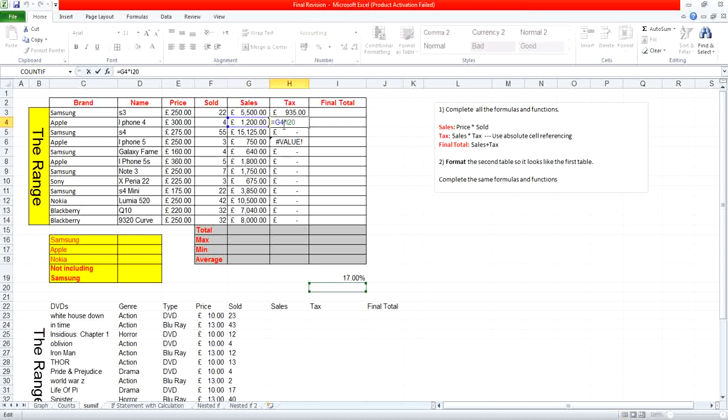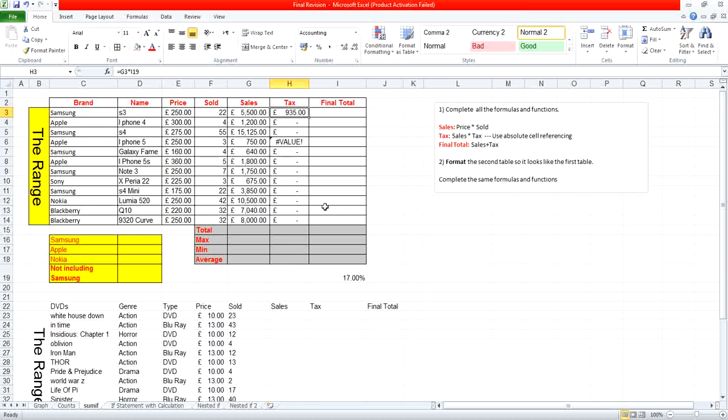When we calculated taxes, we multiplied the sales by 17%, but in the second cell, we multiplied the 1,200 by an empty cell. To solve that problem and make the 17% a fixed value, select the cell that has the original formula,